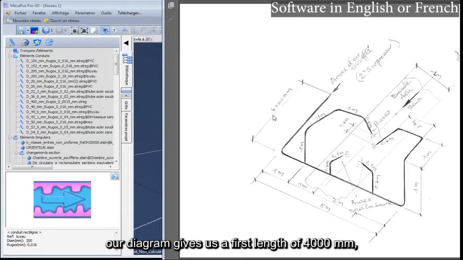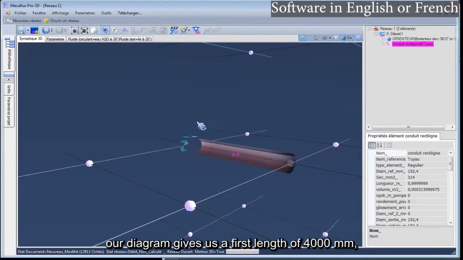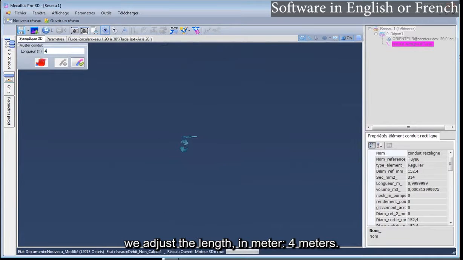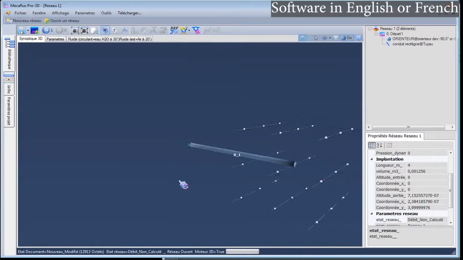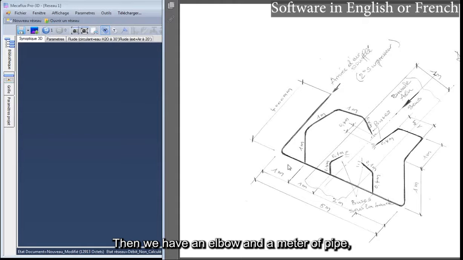Our diagram gives us a first length of 4000 millimeters. We adjust the length in meters, 4 meters. Then we have an elbow and a meter of pipe.